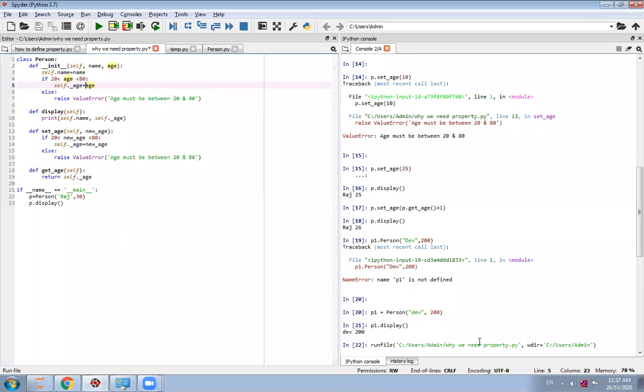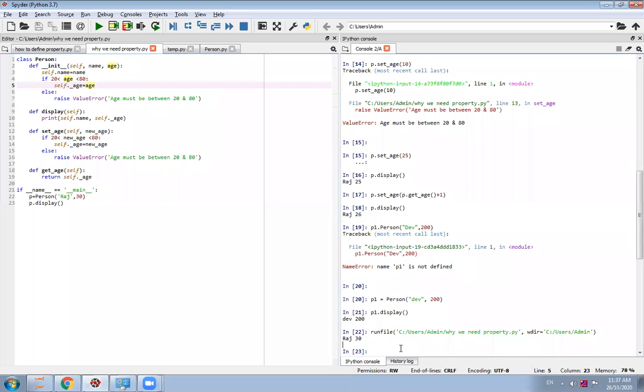So I have put this condition here. Now, the same way, I have created another instance.